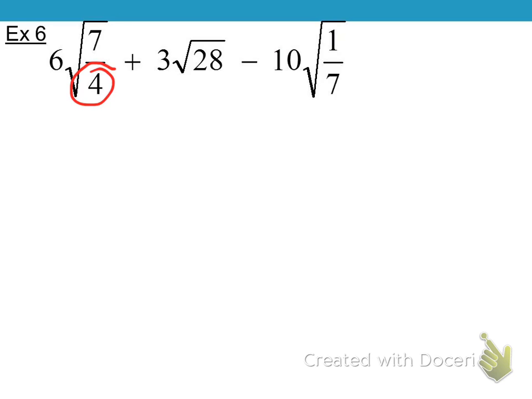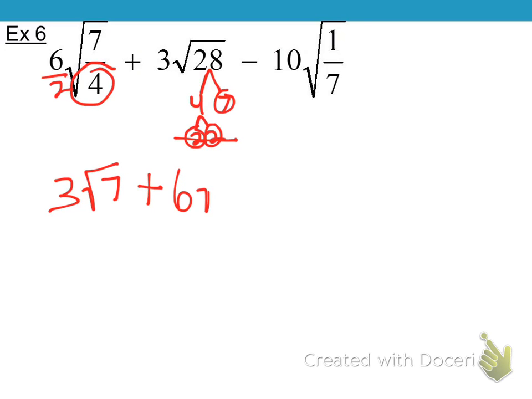3 over 1. 3. Yeah, so when that comes out, it's still in the denominator. So it's like a 1/2 that's coming out, or you could think of it as a divide by 2 that's coming out. So that's going to give me 3 square root 7 for my first term. How do you feel about that? Awesome. Okay. This one, 4, 7, 2, 2. The 2's come out. So 6 square root 7